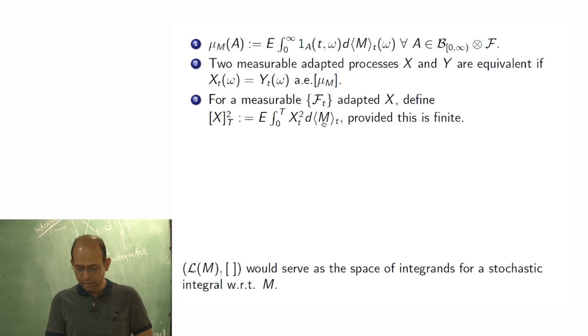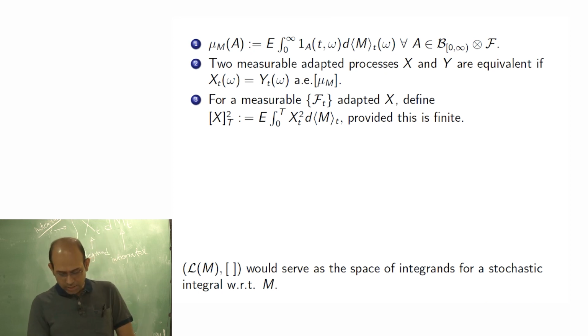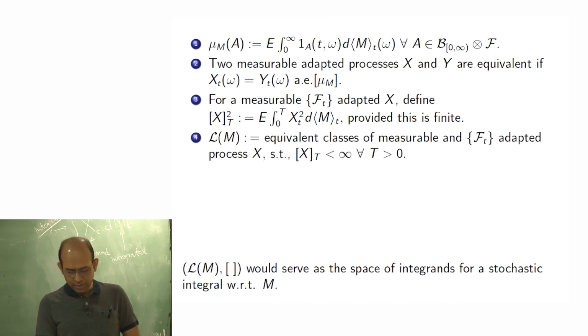So, we take the integration of X squared with respect to the measure of M and the probability measure. Basically, this is with respect to two measures, so it is a repeated integration. So, that is X_t squared. If you take the square root on both sides, you get the square bracket X subscript t. The definition is such that it is a norm. Now, we define this class, which we denote by the script L of M.